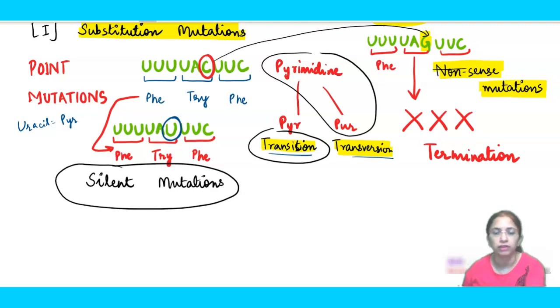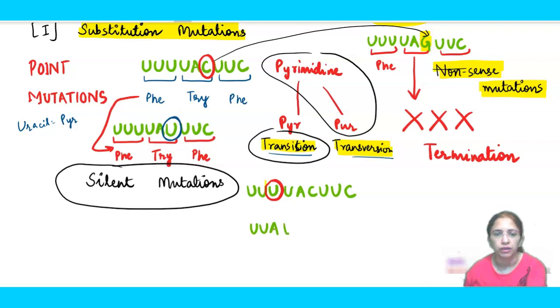Okay, so we have understood transition, transversion, and along with that we have seen silent mutations and nonsense mutations. Let's take one more example and then we will see what is missense mutation. So let's take a base sequence here, the same base sequence, okay? And it is UUC. Here suppose we are taking this base, okay? Uracil is again the example of the pyrimidine, right? Now suppose this base changes and we write a new sequence